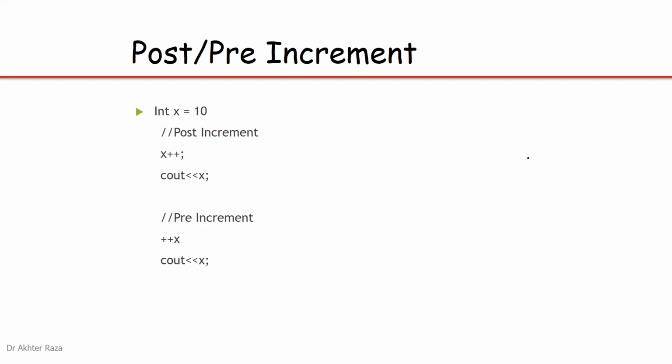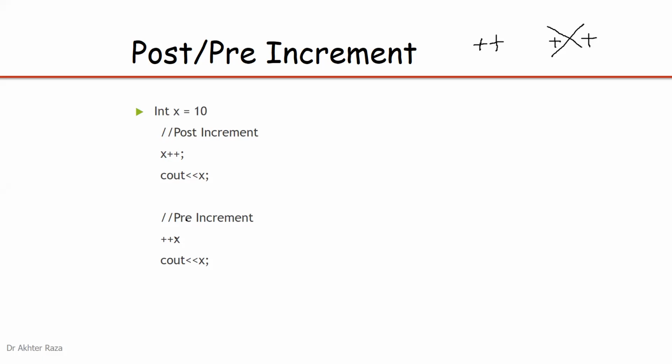So what is the effect of pre and post? This is the example of post increment. Post means बाद में, the operator is after the variable, and pre means before the variable. The plus plus operator you have to write without any space. If you put a space between the plus signs, this will be an error. So you must write the plus plus connected, without any space.